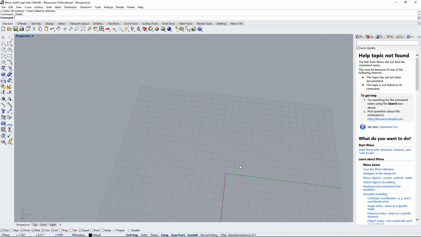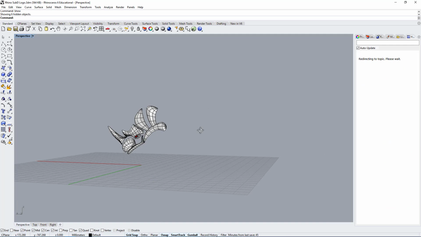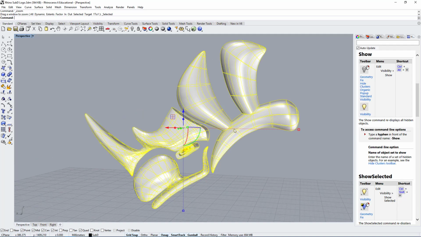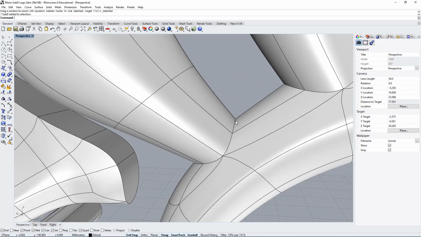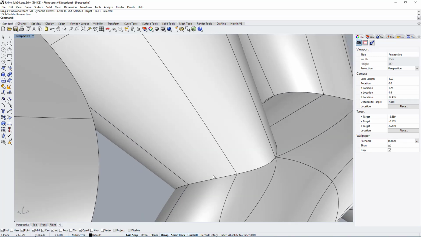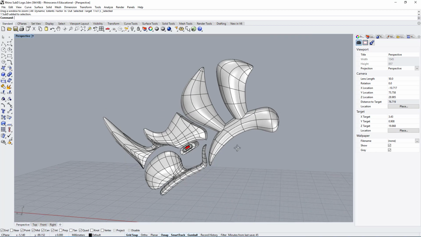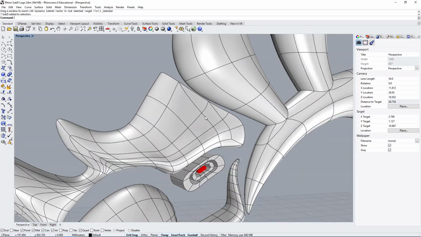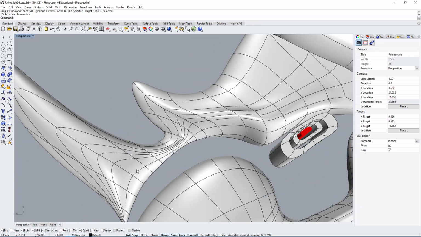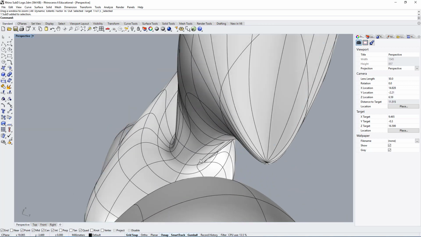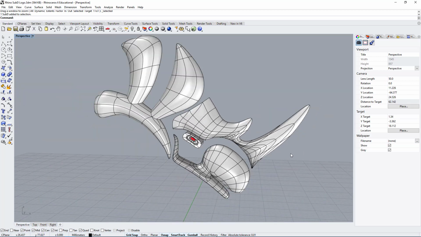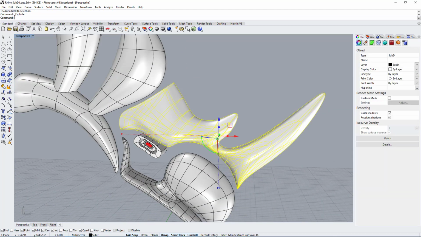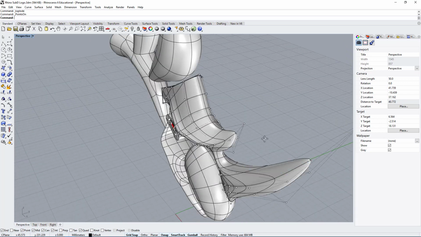But yeah, before I let you just play around with this, I wanted to show you another great example. So I will type in show and show you what people have done with it. So this again is a subd object, and you can see how it has this clean sharp edge. So this is the crease. And you can see how you can get very complicated surfaces, and if you tried to do this with NURBS, this would be very time consuming and very difficult. And yeah, so this should give you a much better idea of the type of surfaces that you could do.